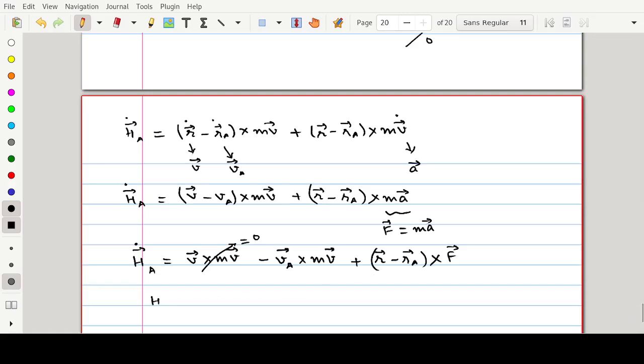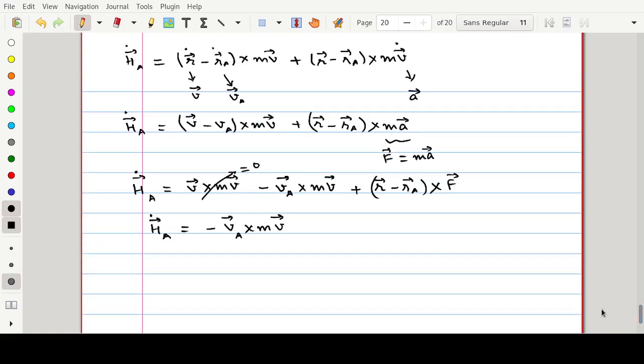Therefore I will get HA dot is equal to minus va cross mv plus